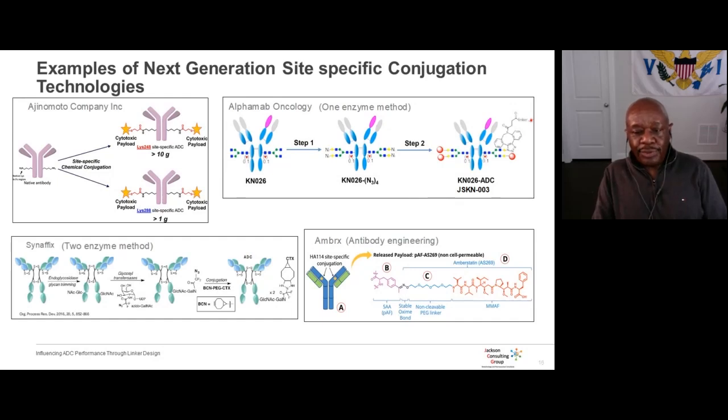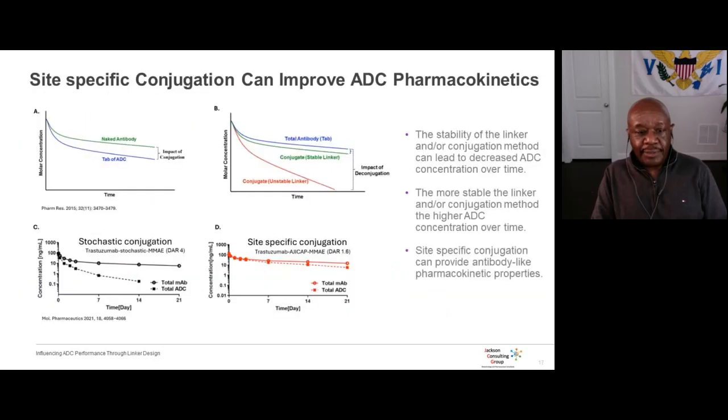And also, they're using the MMAF payload, as I mentioned before, which doesn't really have bystander activity. So you have several options available to you with regards to looking at site-specific conjugations. With that being said, what's the advantage? The advantage of site-specific conjugations is that they can improve your pharmacokinetic properties. And hopefully, they can also give you a better therapeutic index compared to your traditional stochastic